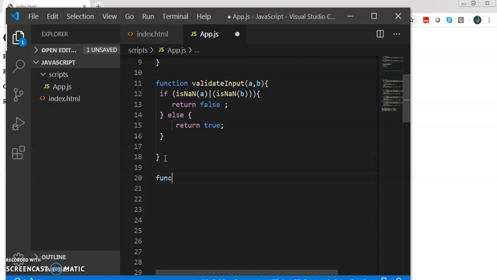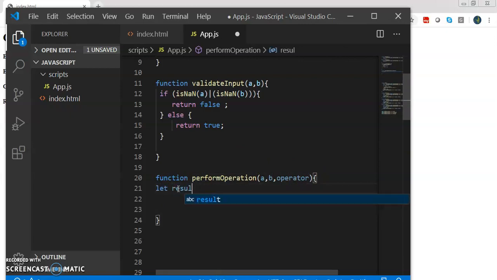And then we create a separate function for performing the operation based on the operator which was clicked on the app. For performing the operations, we need three parameters: the actual two values and the type of operation which we have to perform on the numbers. So first we create a variable here, let result equal to 0.